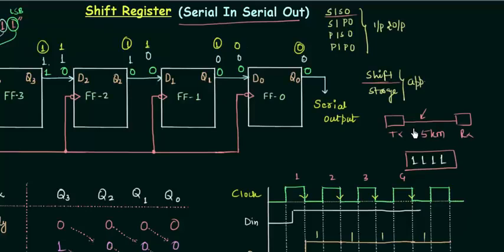If I want the parallel manner and I want to transmit 4-bit data, then I need 4 conductors for that, and the cost is definitely going to increase because the distance is large. 5 kilometers is the distance, and if I want parallel input, then definitely I require 5 into 4, 20 kilometers of wire, whereas in this case I need 5 kilometers of wire. So it is beneficial to use SISO mode in case of long distance transmission.